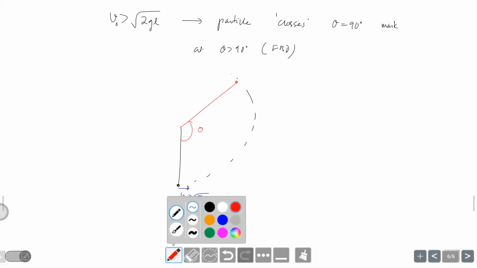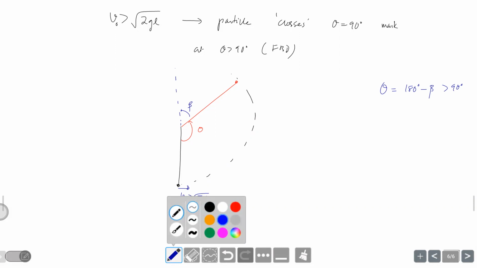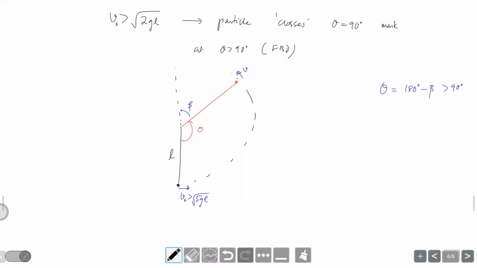But what we do now, for convenience, is express the angle with this angle as beta. So our angular displacement theta is actually 180 minus beta, because it's somewhat awkward to work with the angle where cos theta is negative. Now looking at the speed, can you tell me how much V is in terms of V naught and beta? The length of the thread is L. So what do we write as the work energy? Let's work that out first.